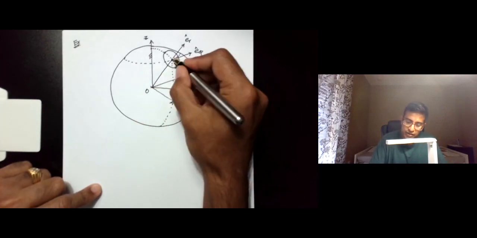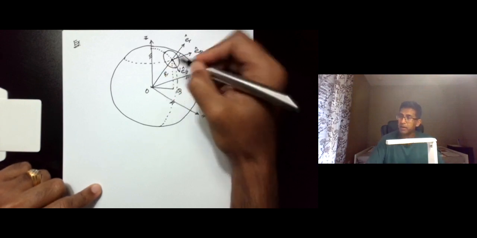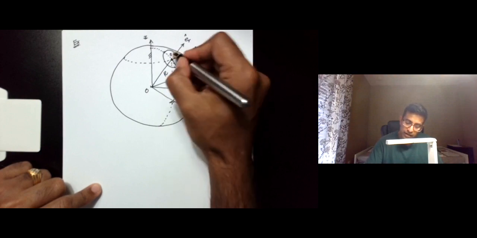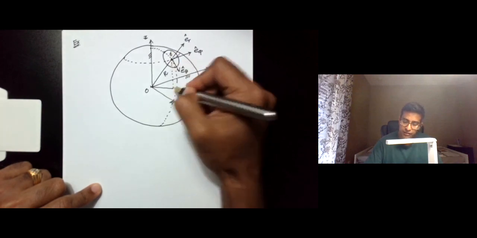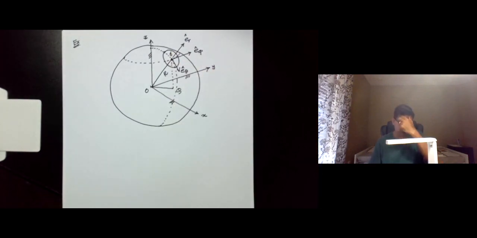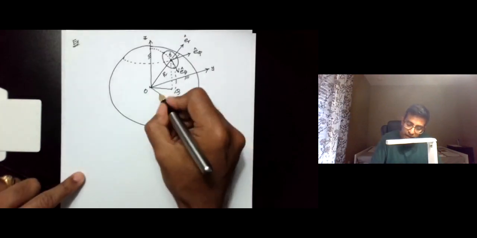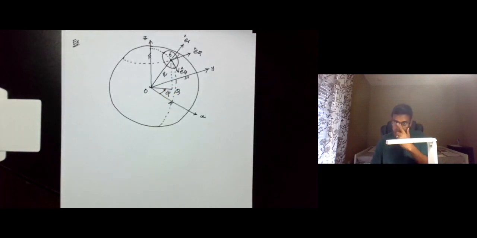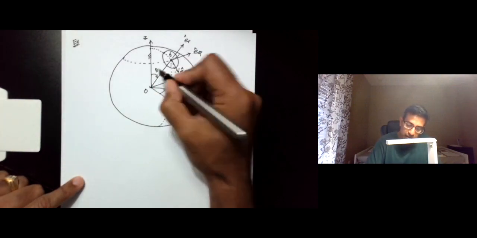The bar, by the way, is of length capital R, and the projection of this point, let's say, is O prime, and the projection of this point on the horizontal surface is the point Q, and that Q makes an angle phi with the positive x-axis in the counterclockwise direction. The bar itself makes an angle theta,